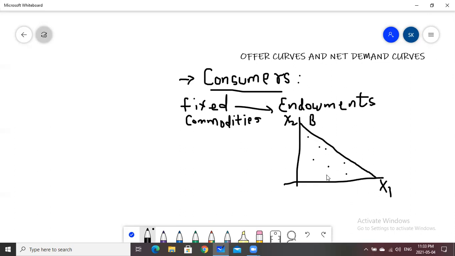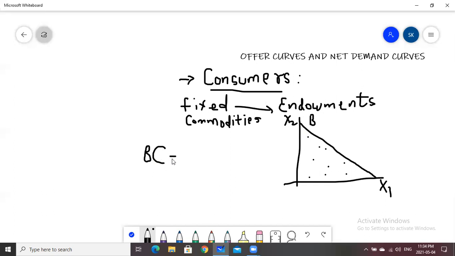Any point within this curve, that is the budget line, is in the feasible set. The feasible set is defined by non-negativity requirements, that is, x1 cannot be less than 0 and x2 cannot be less than 0 on consumption, and by the constraint, this budget line, that the market value of bundles consumed cannot exceed the consumer's initial endowments. So if we write the budget constraint, that is BCS,